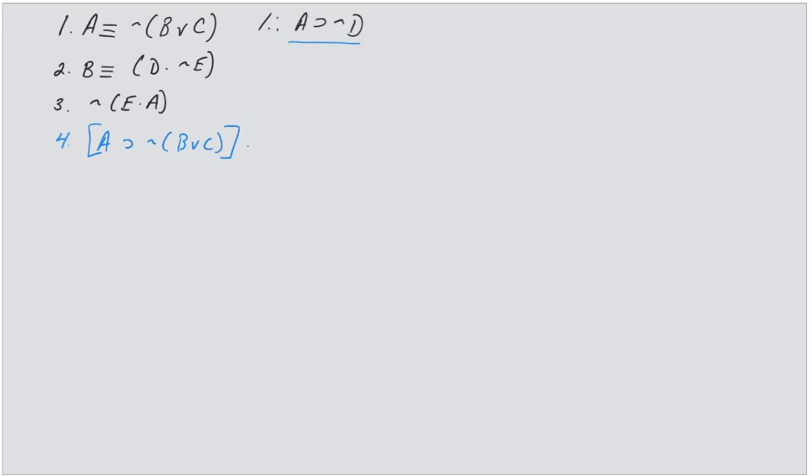and not the quantity B or C, therefore A. So that's just line 1 by conditional exchange. Then I might do the same with line 2. B therefore D and not E. Put some brackets around that. And D and not E,